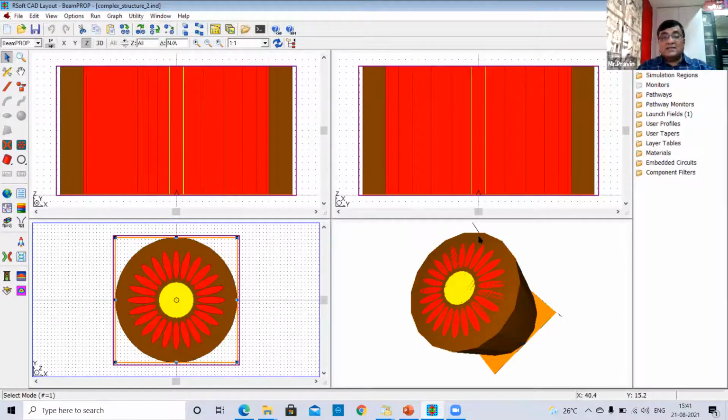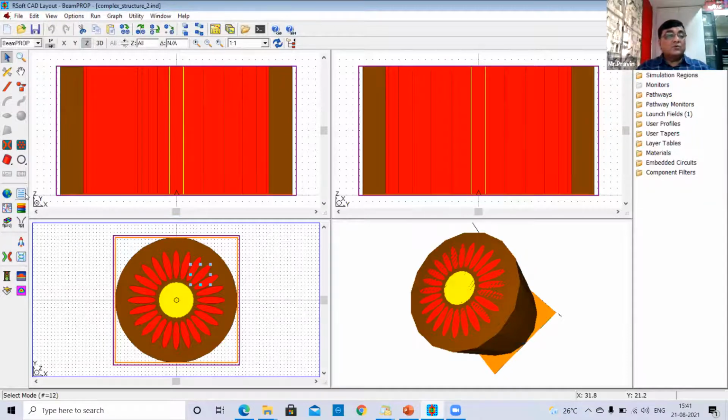Now here, as you can see, this is a complex structure, but still you don't have to draw the full structure. You can design each of them one by one, and by defining this structure, you are actually replicating it over here by changing the angles.